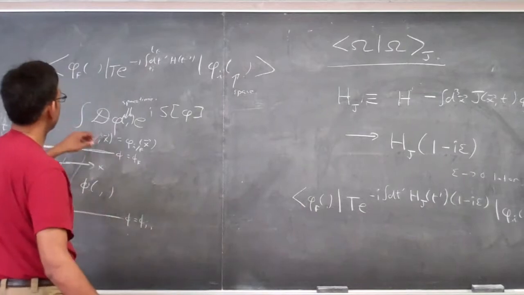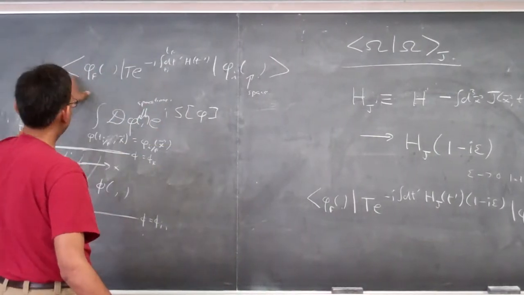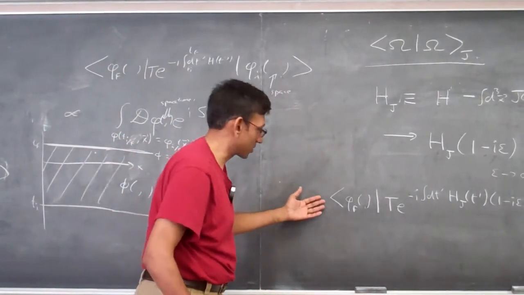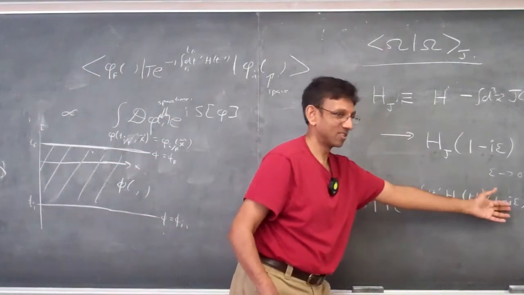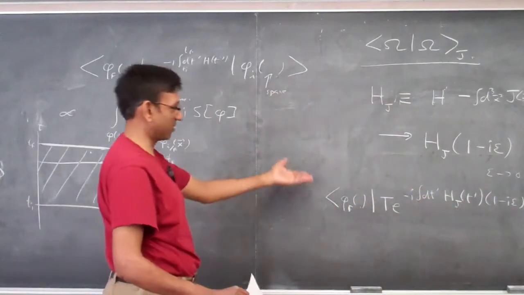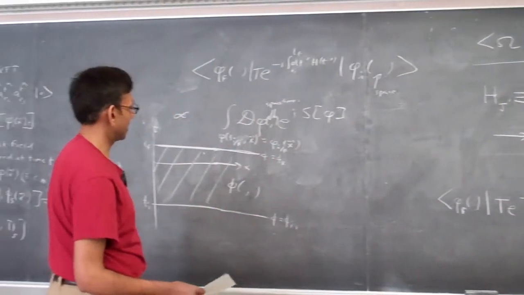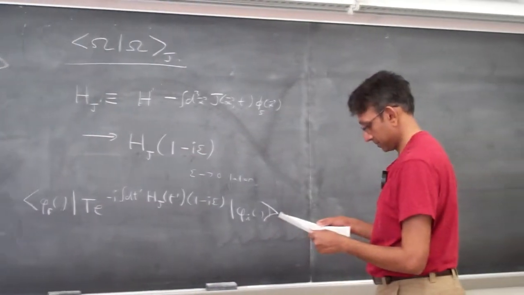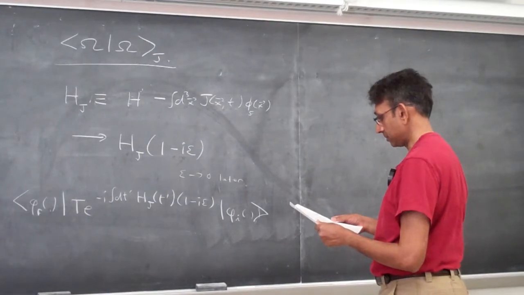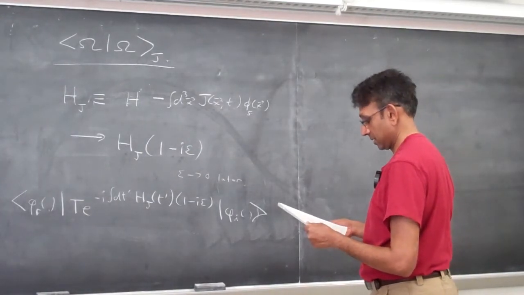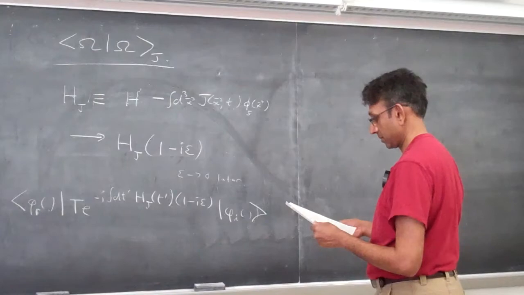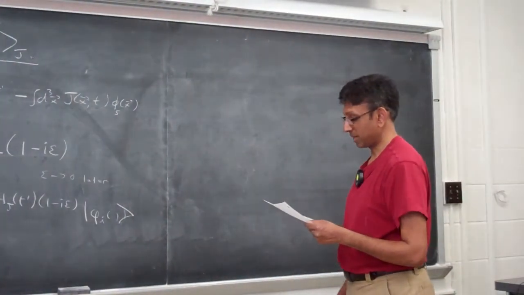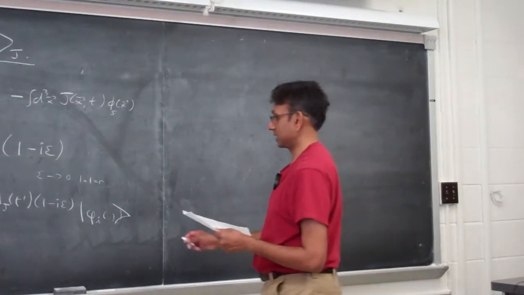And so I'm doing that. But other than that, I'm keeping the question the same. So I'm just asking what this is. We don't know how to interpret it yet, because we don't like non-unitary time evolution. But whatever this object is, the claim is, so let me not calculate it as a path integral yet. Let's just see what we can make of it. This thing is equal to,